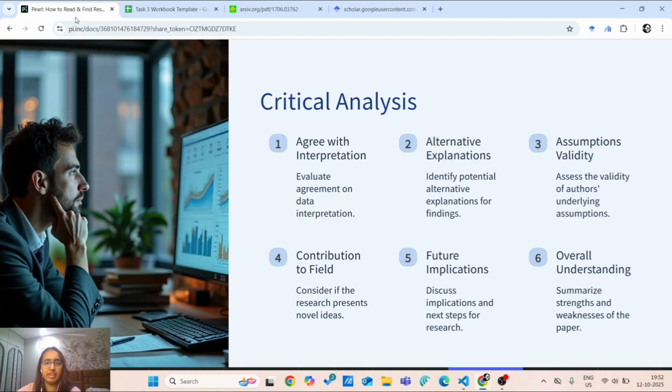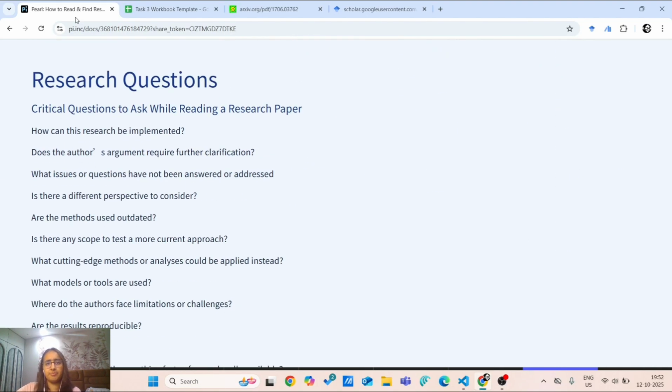Then, if you have read into this depth and tried to get the full view of it, that means you are very interested in that topic and you want to research into that topic. So you would like to add something new, and if you want to put out your own publication, you want to add some novelty to it. That becomes much easier after this full read. After this full read, you would find some future scope, some methods, and you would get a clear view of it. So then lastly, these are the research questions you could ask yourself.